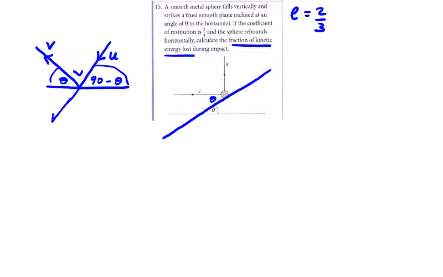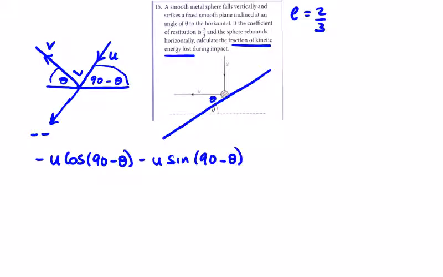So U is going down in this direction, negative, negative. So my initial velocity is minus, minus, so minus U cos, and the angle is 90 minus theta that it forms with the horizontal, minus U sine 90 minus theta, which is the angle that it forms with the horizontal. And the cos of 90 minus theta is the same as the sine of theta. So minus U sine theta, minus U, and the sine of 90 minus theta is the cos of theta. So this is my initial, this is before,